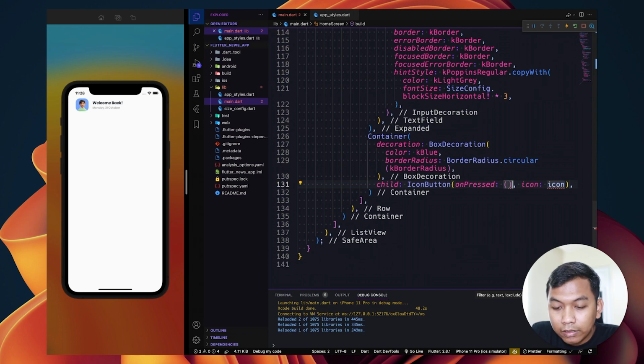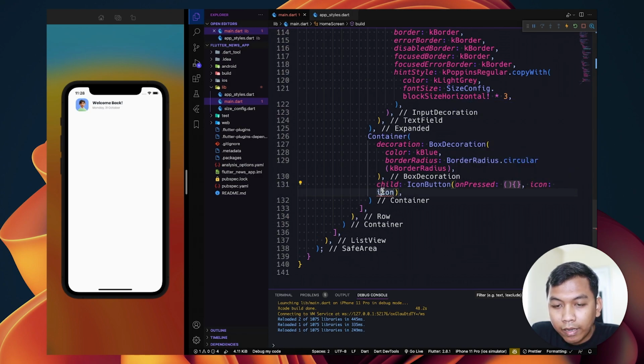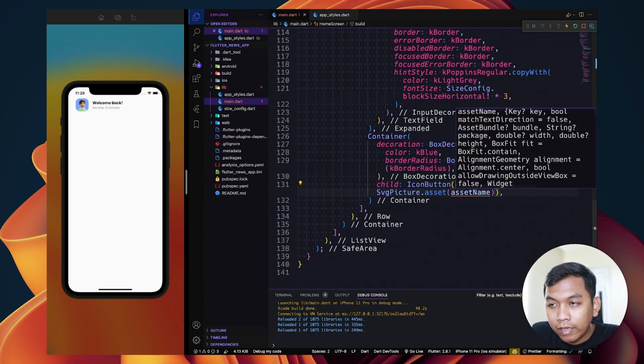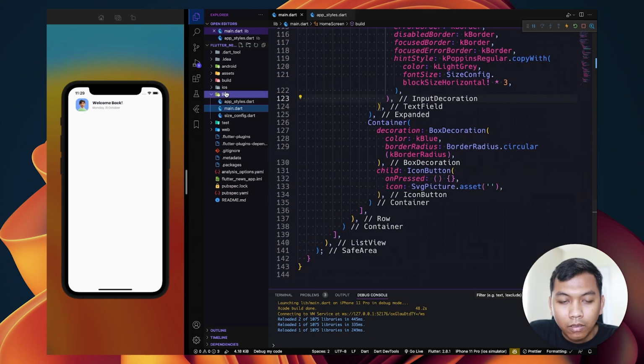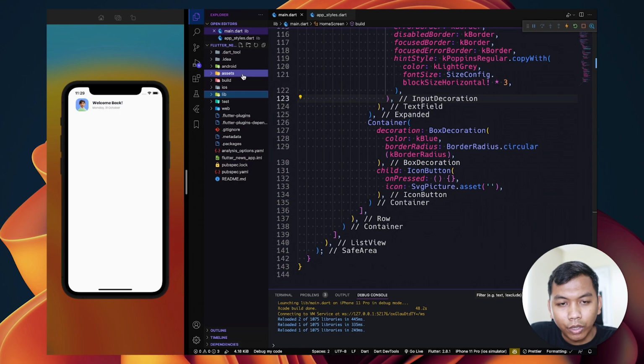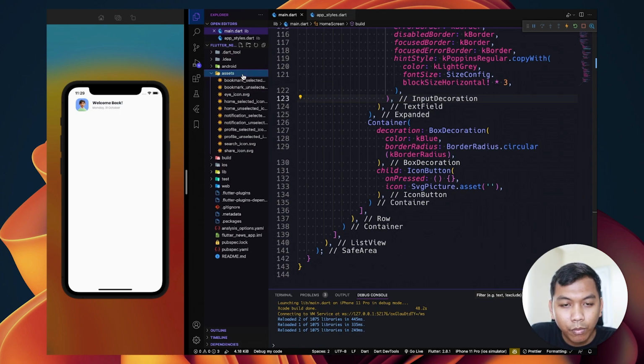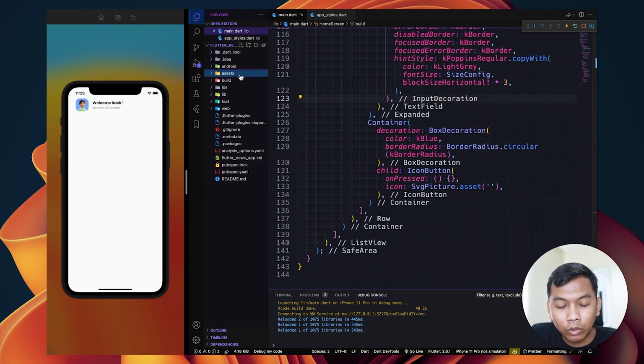for the on press, make it blank, and for the icon we will use svg picture dot asset. And now we will call our asset here. So you can download the asset file, link in the description below. Alright, so you have to import the assets folder into root directory.